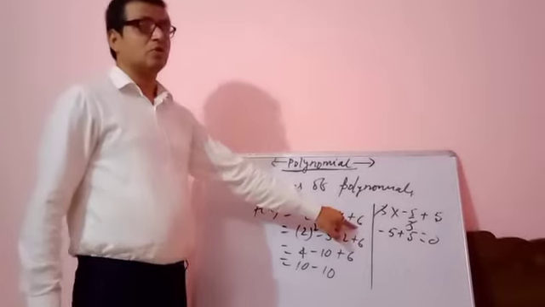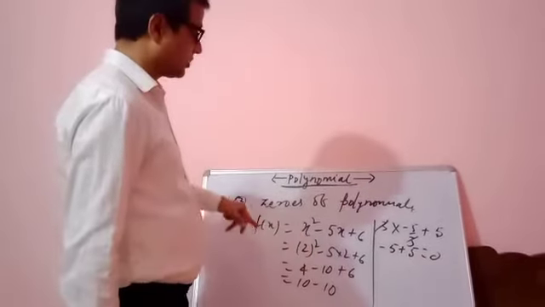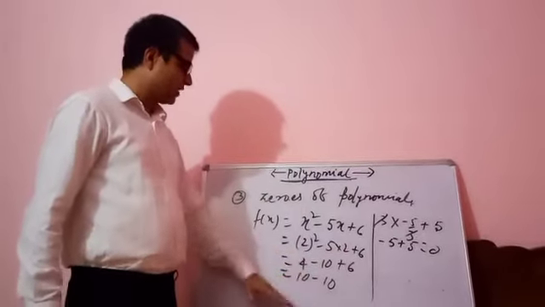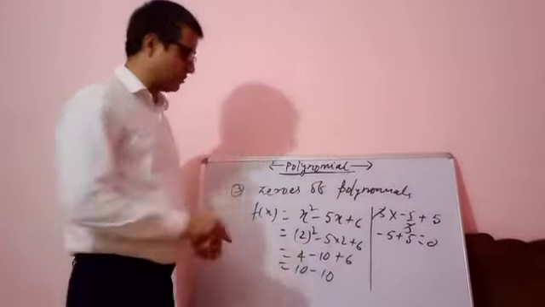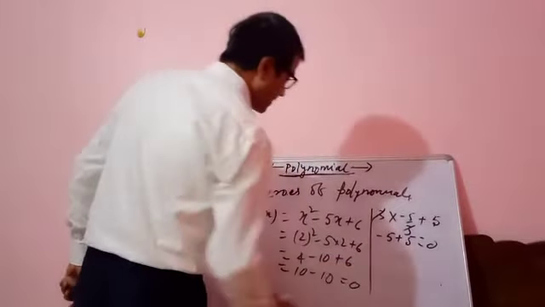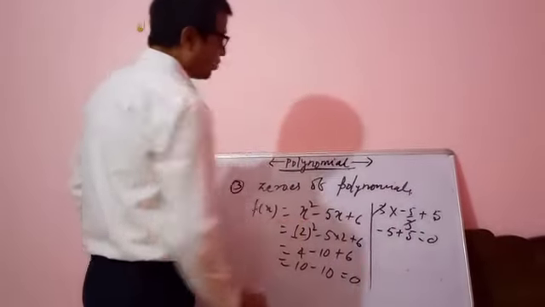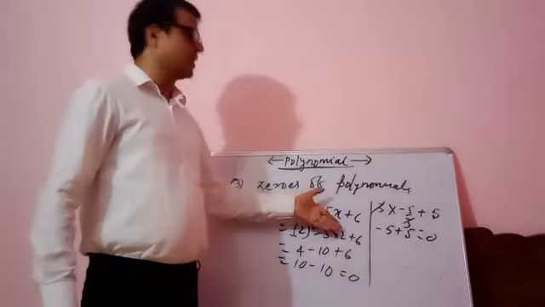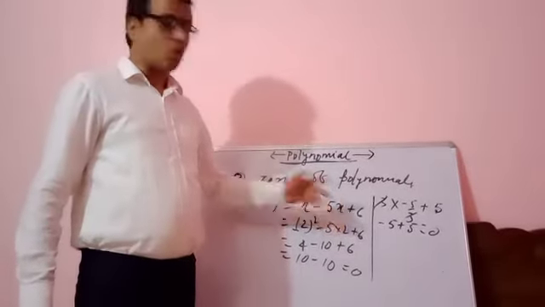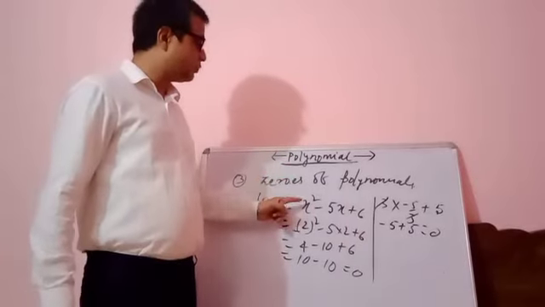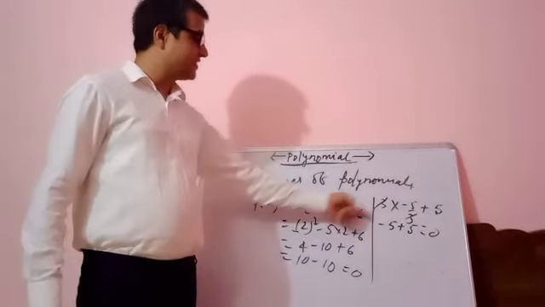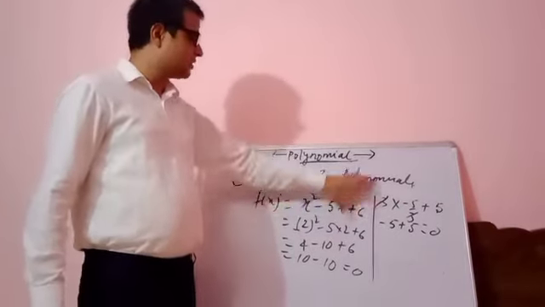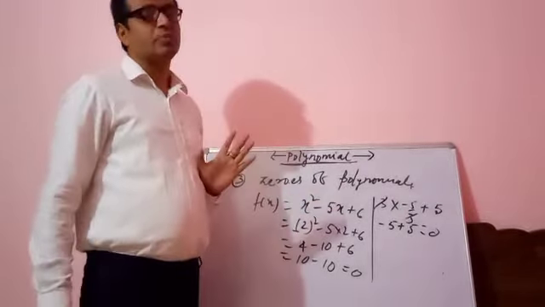You can go along with plus 1, you can go along with minus 1, you can go with plus 2 and minus 2. So I have randomly taken 2 and by chance it comes 0. And if it comes 0, it means 2 is one 0 of this. And I am telling you 3 will be the other 0 of this. So only 2 and 3, if you put them as the value of x, will make it 0. Otherwise, any other value you put, this whole polynomial will not become 0.